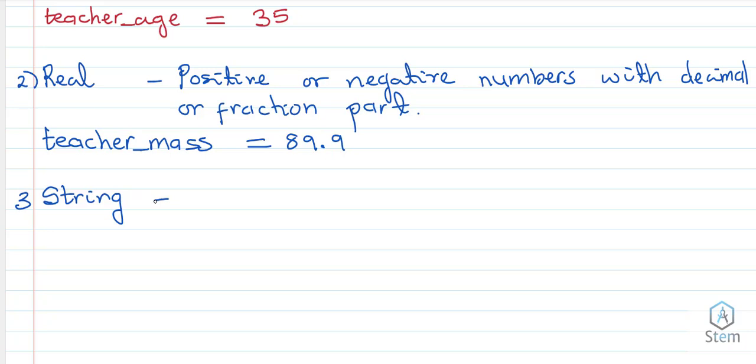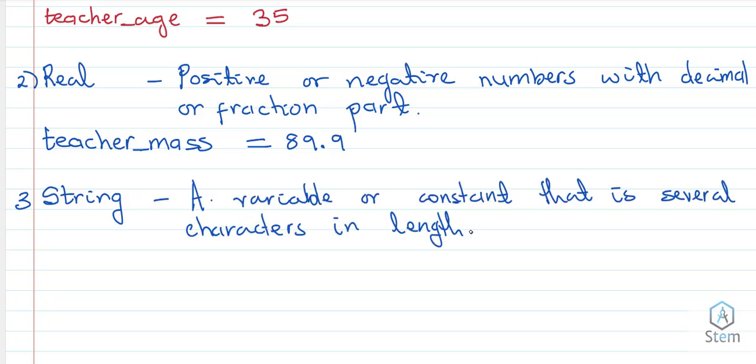So what definition can we give to a string? Strings are variables or constants that are several characters in length. So the characters that make up a string can be alphanumeric characters. That is, characters which you get from the alphabet like A,